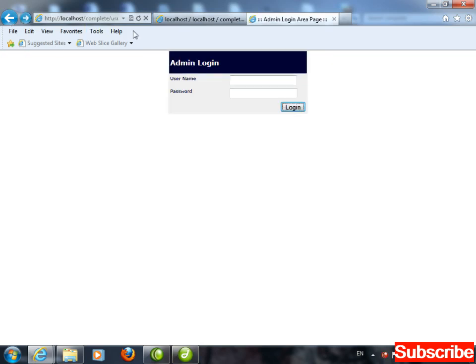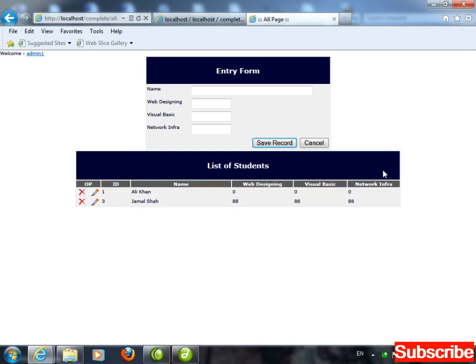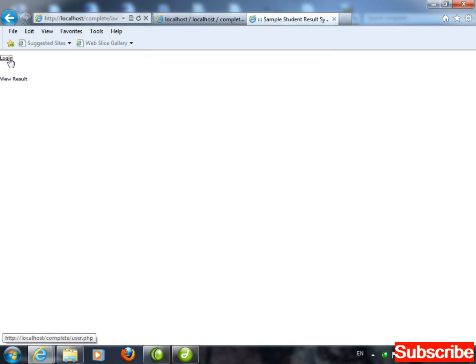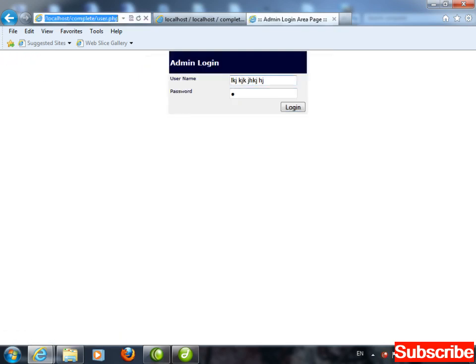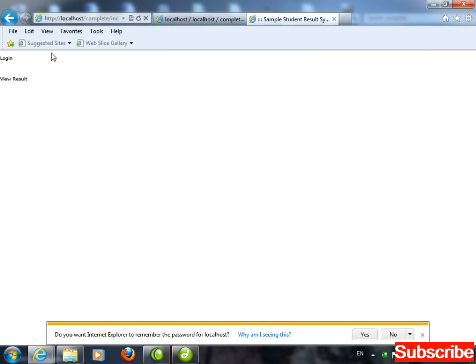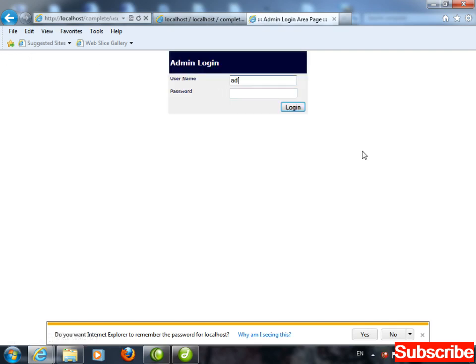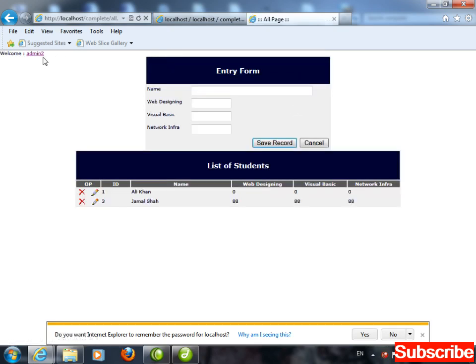Now go back. For example, this is login. I'm going to write here, this is admin 1 and admin 1. Is it displaying? Click on admin 1, log out. Again click login. For example, you are going to write some wrong username, wrong password. Click. You cannot log in. Again click on login. I'm going to write here admin 2. Click on login. Now watch it out. It's going to display admin 2. Okay, I have logged out.